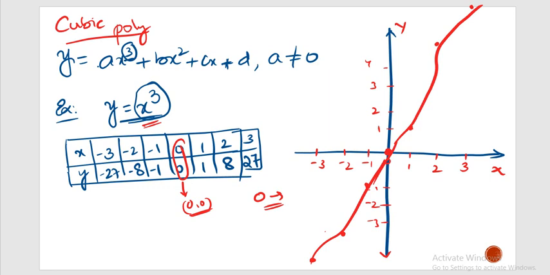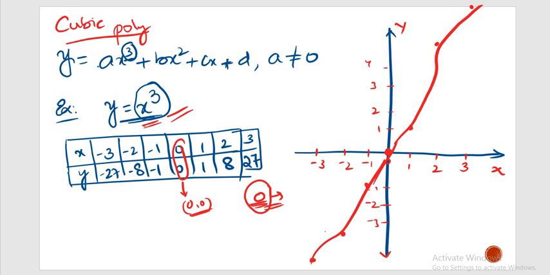It will never return towards the x-axis, it will move on. When you give positive values, it will go to positive infinity, and when you give negative values, it will go to negative infinity, right? Understood? That's why it never returns back to the x-axis. This curve will never return. So all the 3 zeros are 0 only, and we call them equal zeros. For this particular cubic expression, we are going to have all the 3 zeros as 0 only.